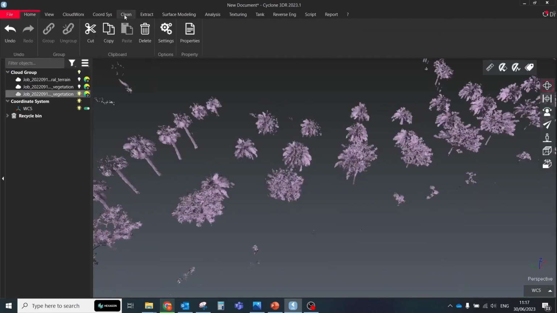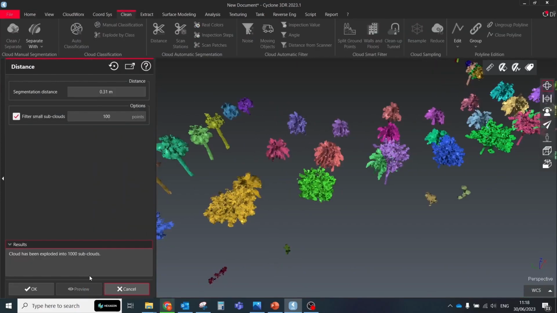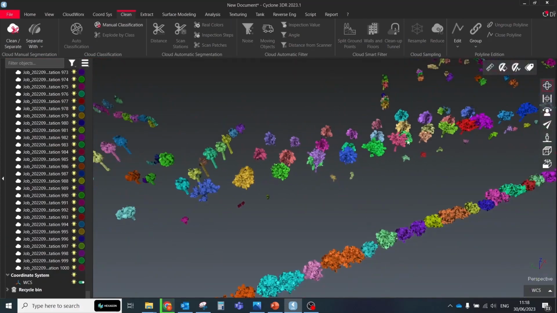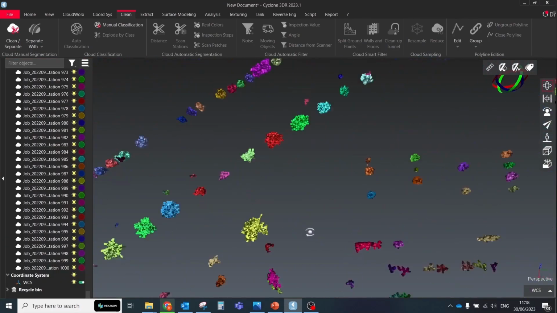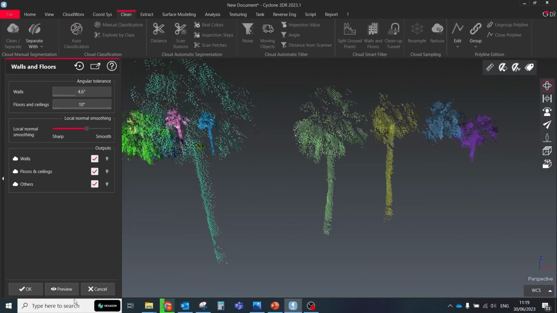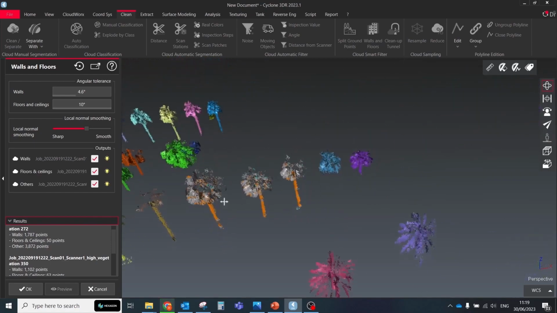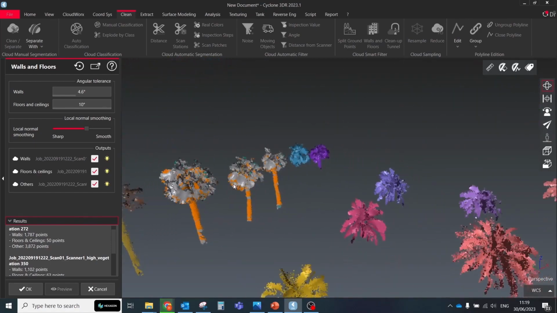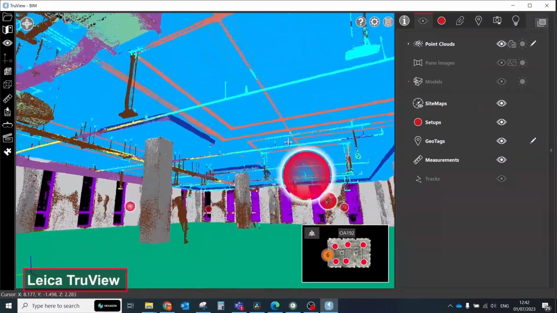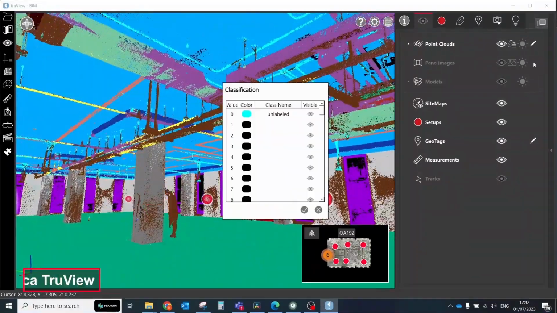If necessary, use the manual classification to improve the result. At the end, you can split the point cloud by class layer. Click the Explode by Class button. Additionally, you can apply standard filters for the classified point clouds like distance, walls and floors, real color, inspection value and others. From all of this software, you can export the classified point cloud to LGS format, which can be